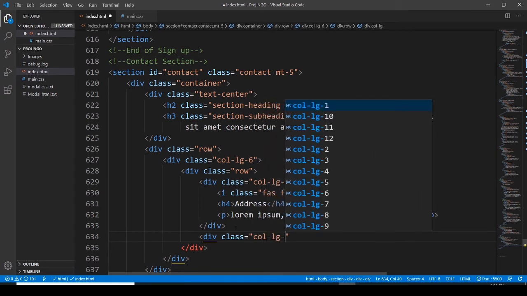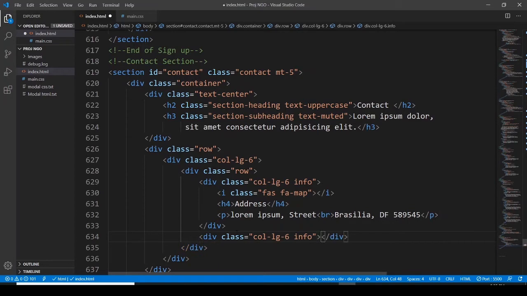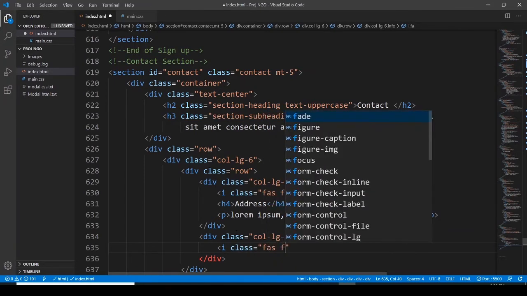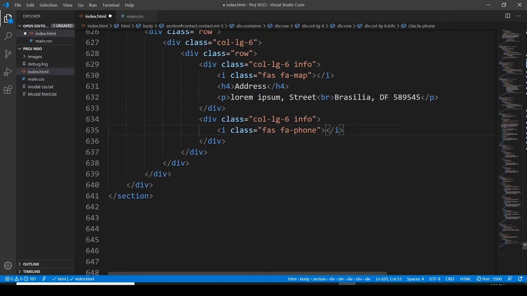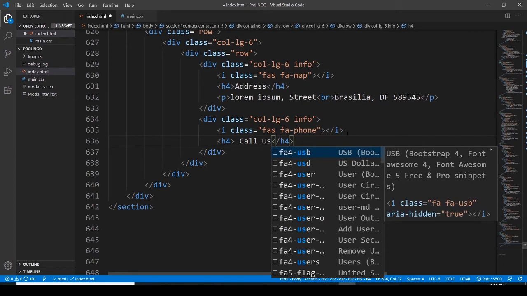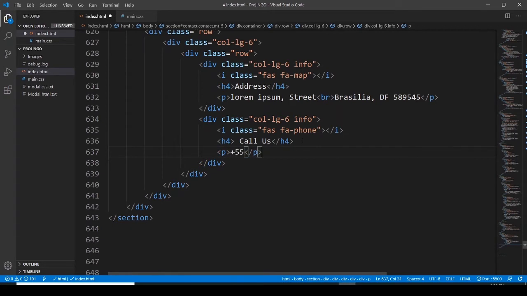And then after this, let's have a division, assign it a class of column LG6 again, and info class again. And then within this division I want to go with a font icon class, and now I want to go with heading 4, let's say call us, and then here paragraph, and plus 55 and 61 2 3 4 5 6 7 8,